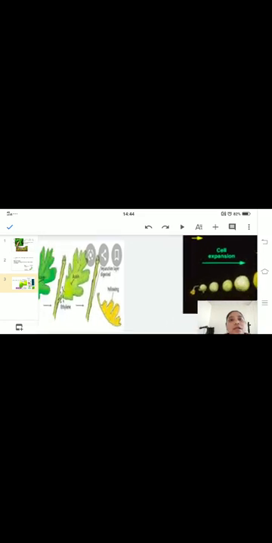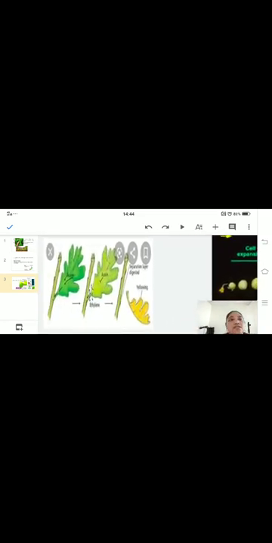Now let us go to the next one, that is abscisic acid. This hormone inhibits the growth of the plant, it will not allow the plant to grow. You can see here, first a plant is green and it tries to change its color and fall off, so it inhibits the growth. And the next one is ethylene, which is used for ripening of fruits or vegetables.